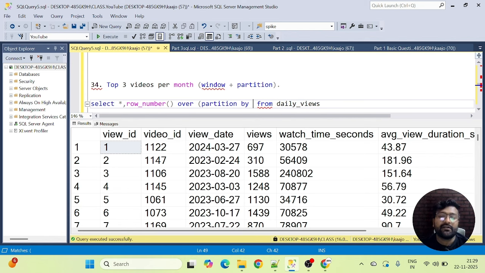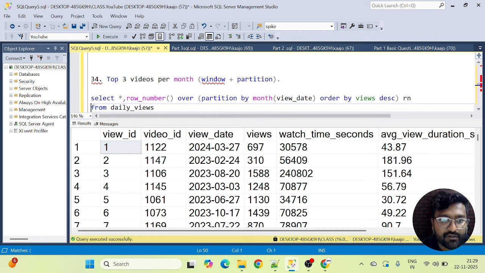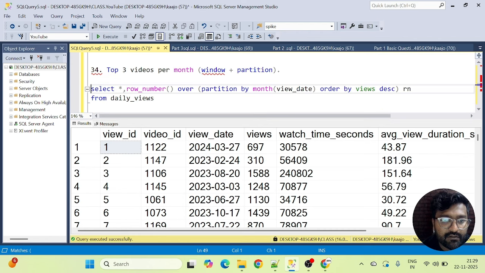So we have to go with month here, and month of view date. Order by, wait, order by number of views, in ascending, right? Because they're asking top 3, so we have to go with the ascending order here. Let's alias it as row number. Let's execute. Let's take this row number in front rather than after star.